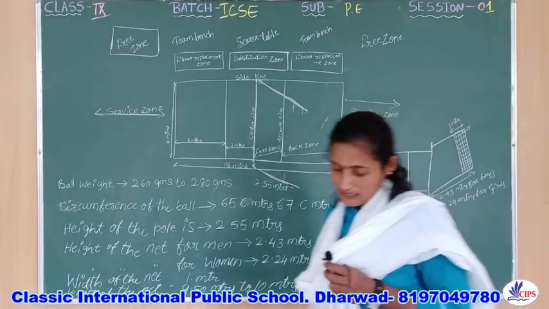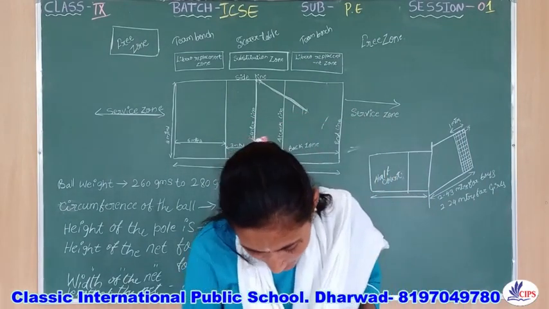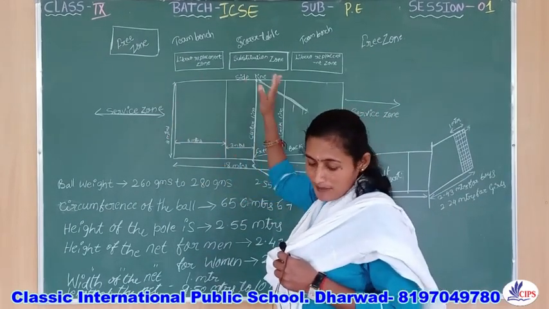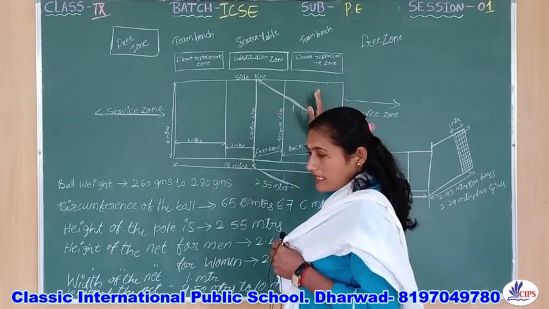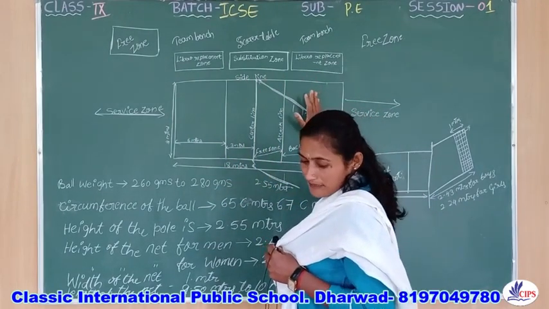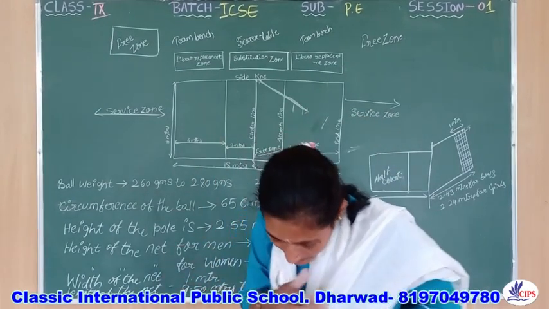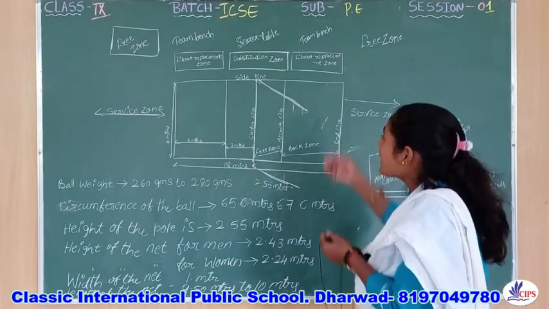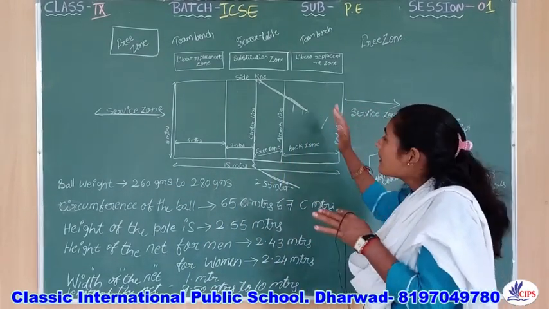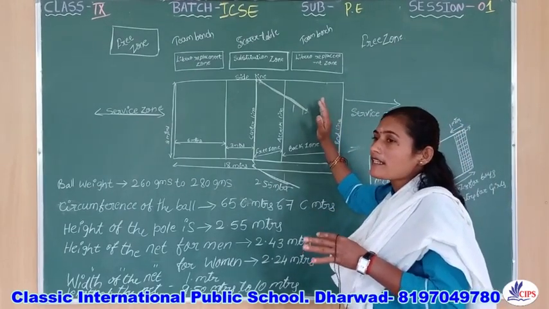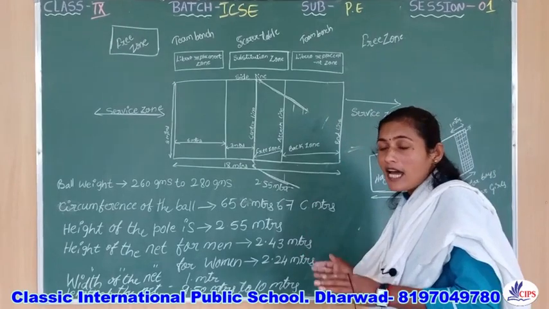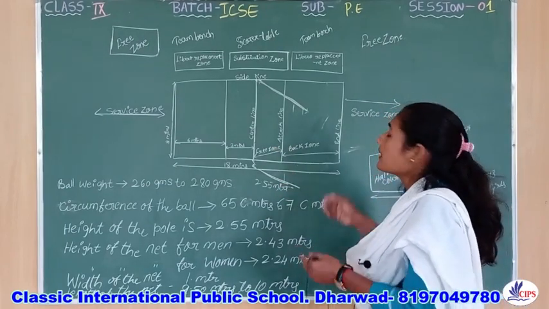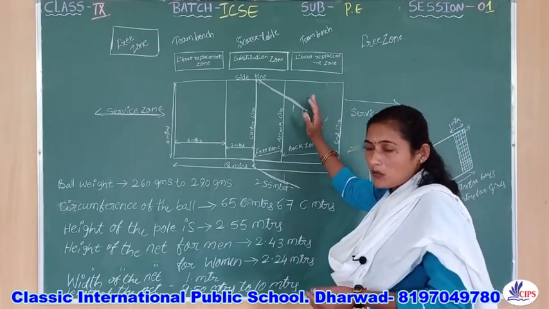Okay, listen to me now. The ball is now served by the opponent team player. These team players are receiving the ball properly. This player is receiving the ball properly. Again, he is receiving, then the ball is in their court only. This court player is receiving the ball properly, but he is unable to send the ball to the opponent court. Now he is receiving again, and the ball is in their court only.